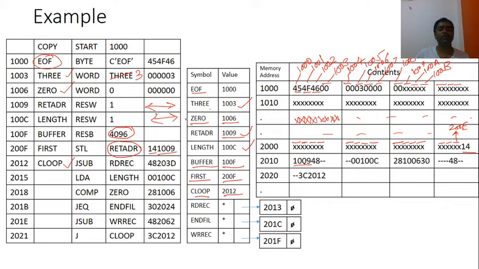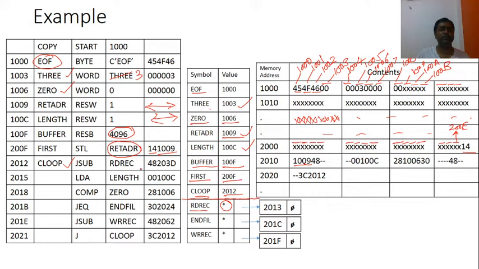We have to check in the symbol table whether this symbol is present or not. We know that we had maintained the symbol table up to this point only. So RDREC is not present in the symbol table, and I require RDREC, and it is not defined earlier, it means there is a forward referencing. In forward referencing we have to enter RDREC here in the symbol table, and mark this symbol as undefined by using an asterisk. Asterisk shows that this symbol is undefined at this point.